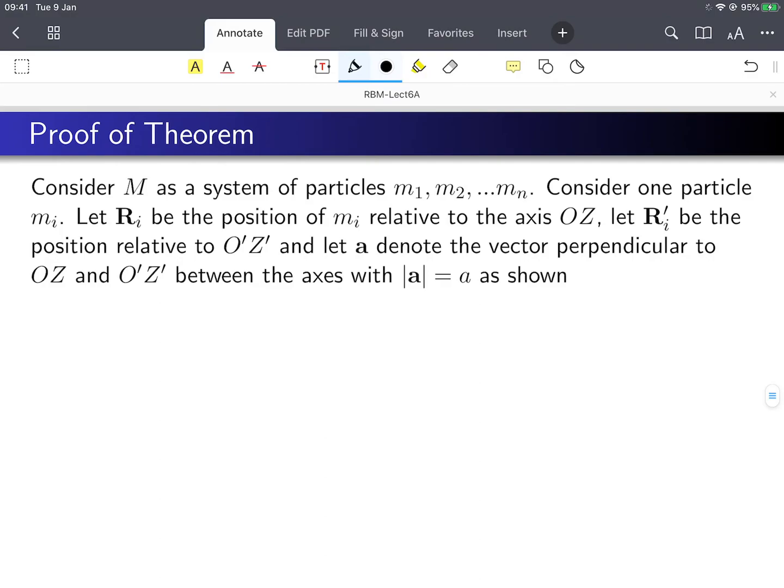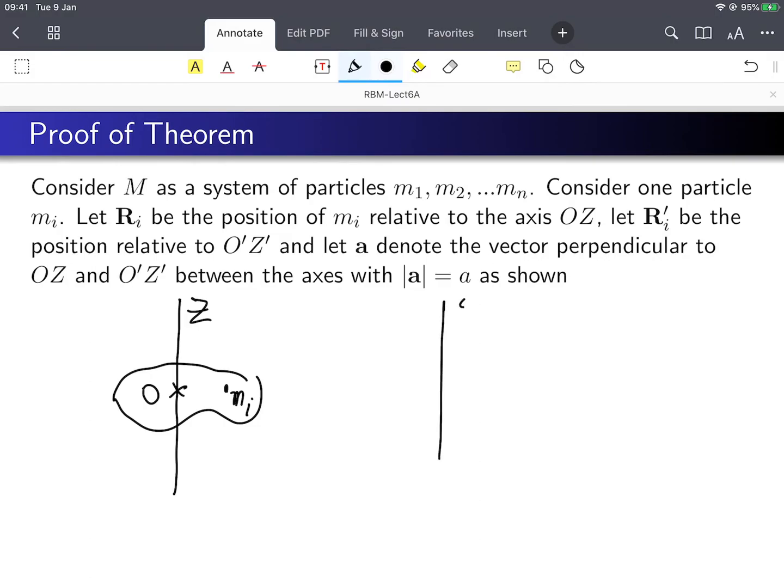If I have my body here, my axis Z, and the particle of mass mi, a generic particle inside the body, and then further away I have Z prime, another origin O prime,